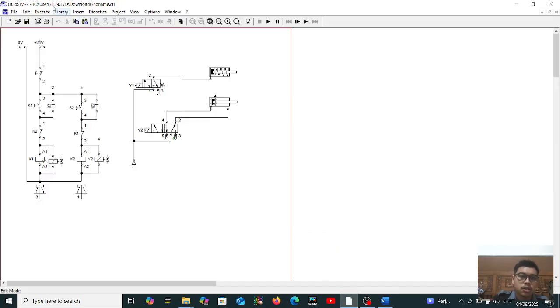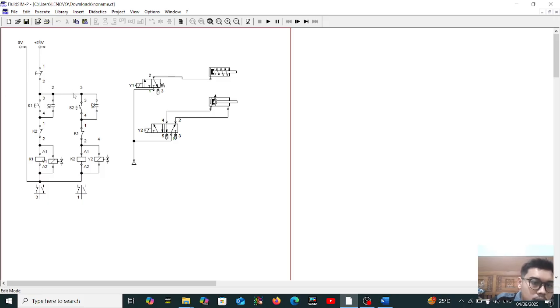I use the FluidSIM software. Before that, I will explain some parts here. This is a reset button, and then this is button switch one. This one is switch two. We also use two contactors or relays here, K1 and K2.